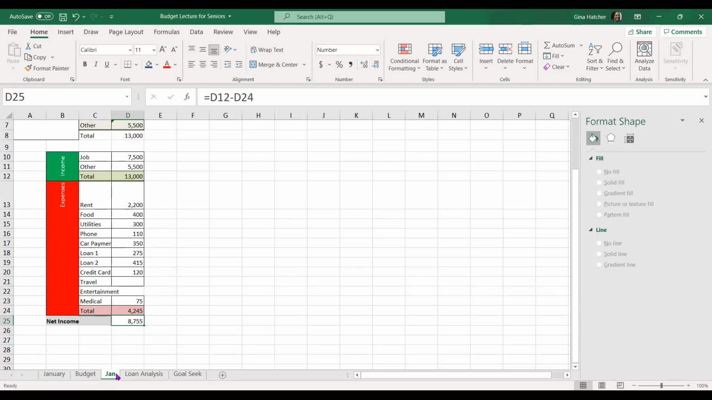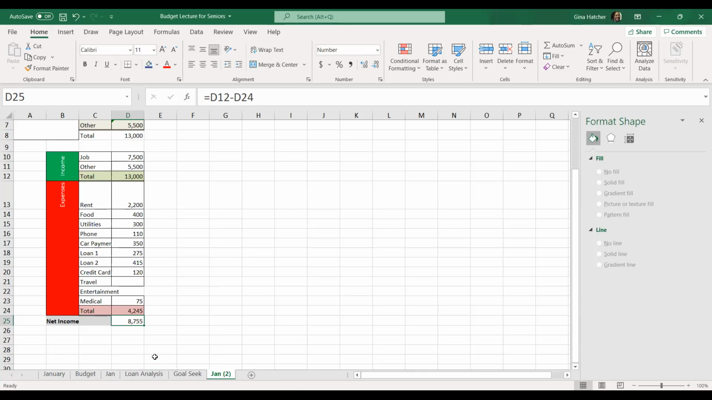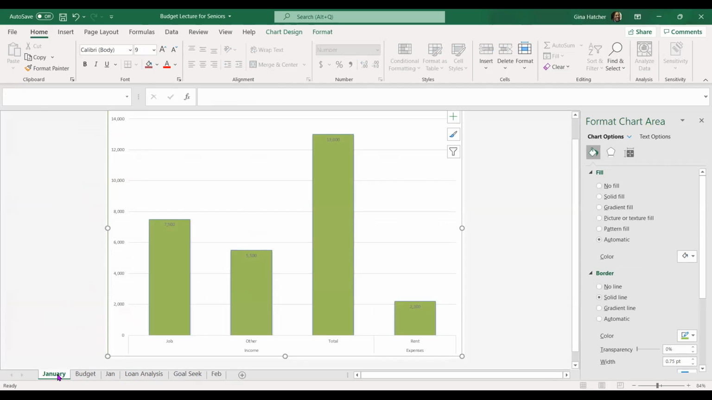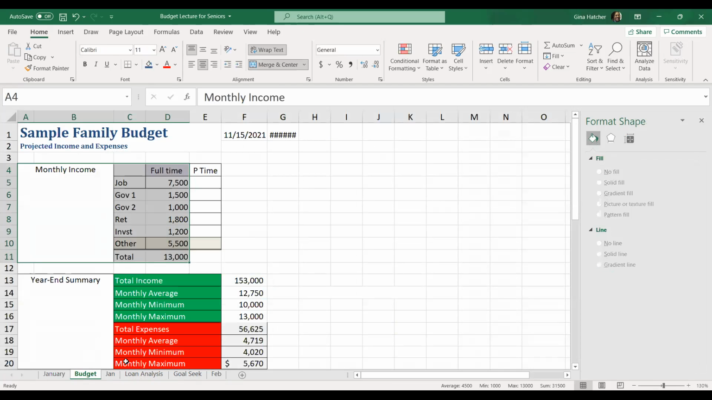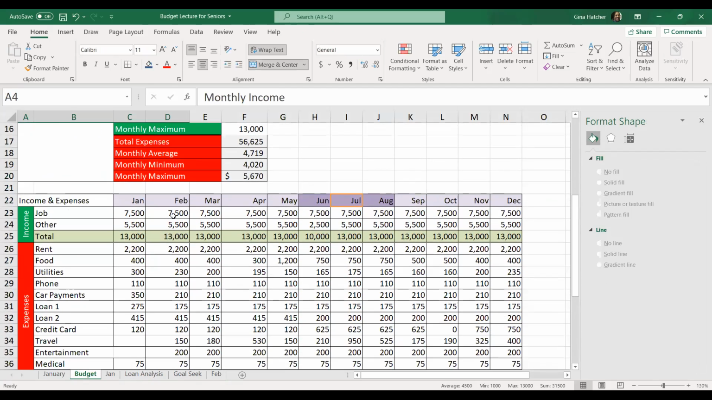And I want to copy this particular format. So I'm going to copy it. I'm going to move it to the end, create a copy. It's going to say January 2. Here's January 2. Let's call this February. Okay, so let's see what the February numbers were. Our February numbers were here,